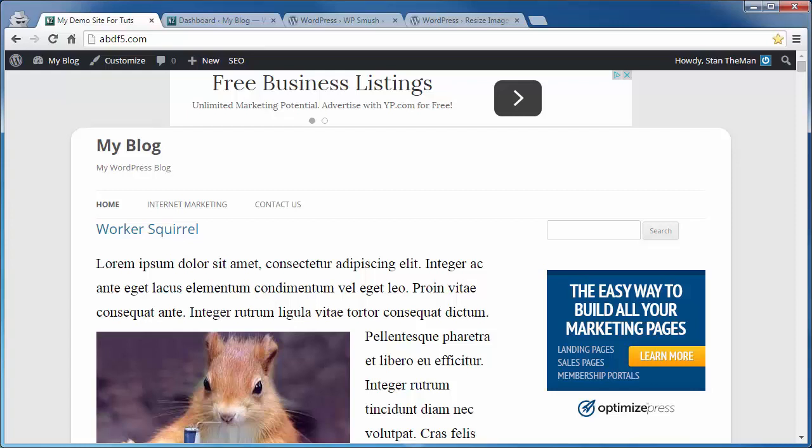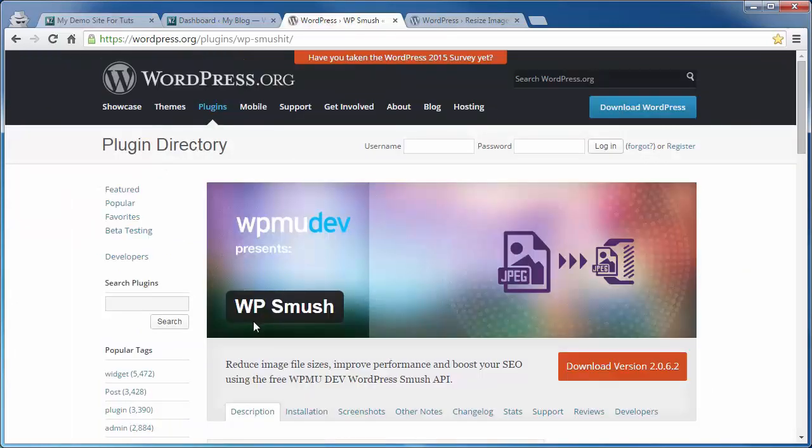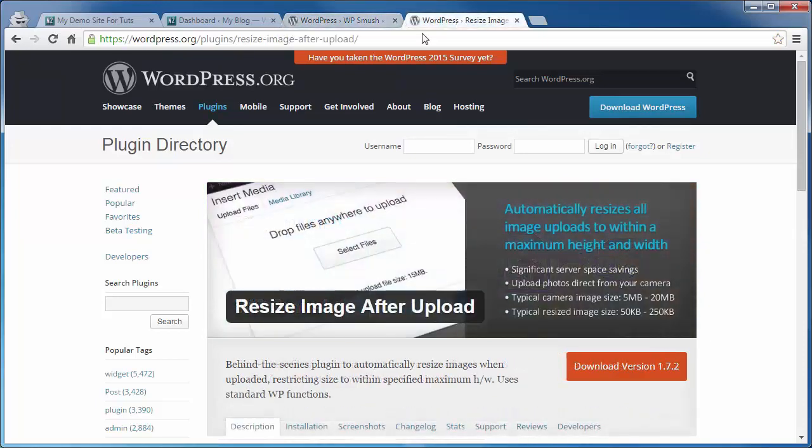Ideally, you want to optimize these images before you upload them to your site, but we still need to take care of those that are already on your site. Now, when I say optimize images, I mean reduce the file size and reduce the dimensions. Those two items can be done with the help of a couple of different plugins. One being WP Smush will reduce the file size, and another one, Resize Image After Upload, will reduce the file